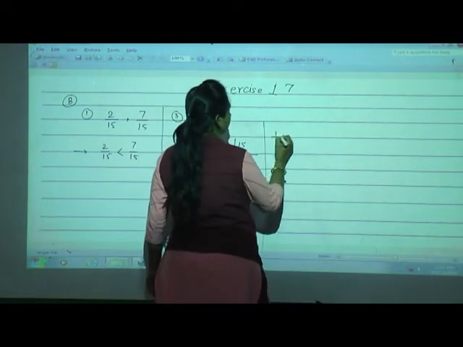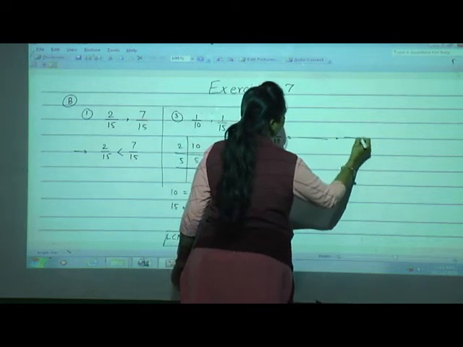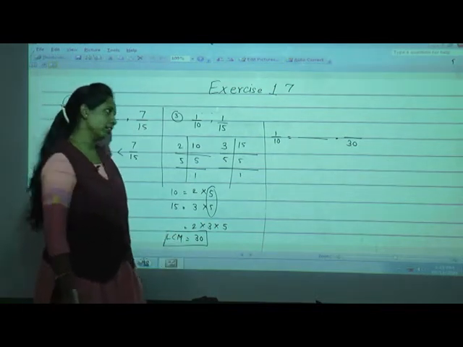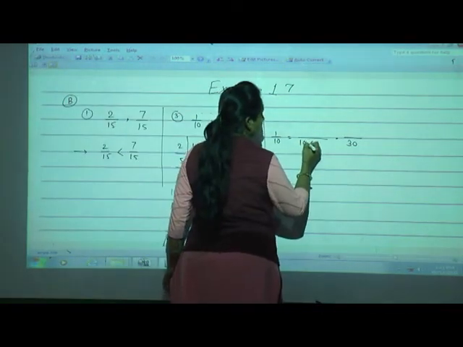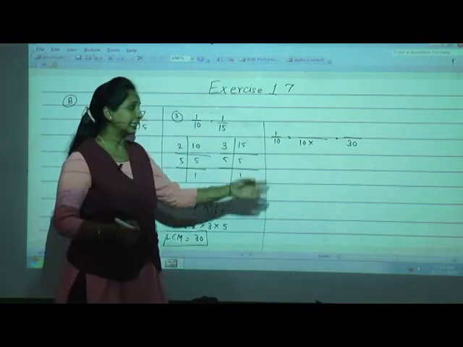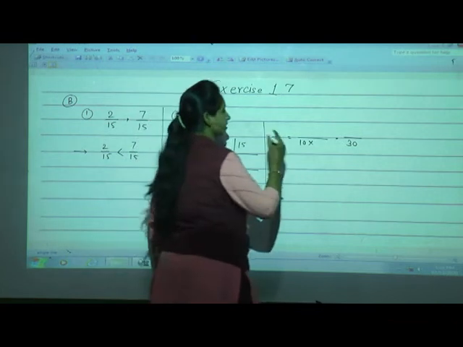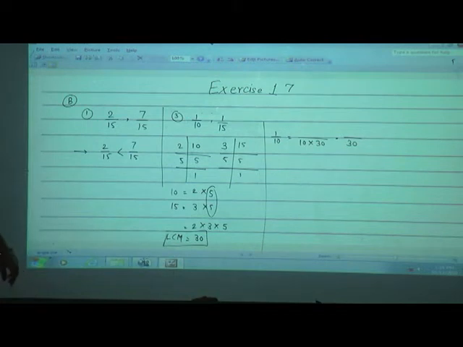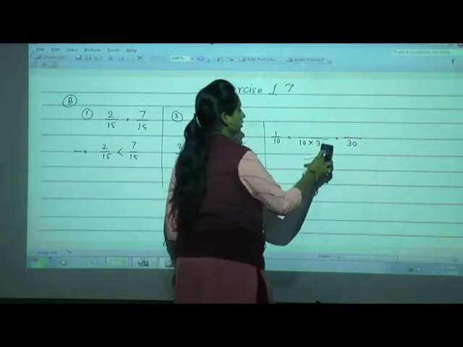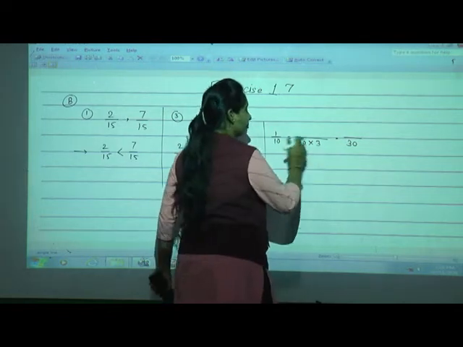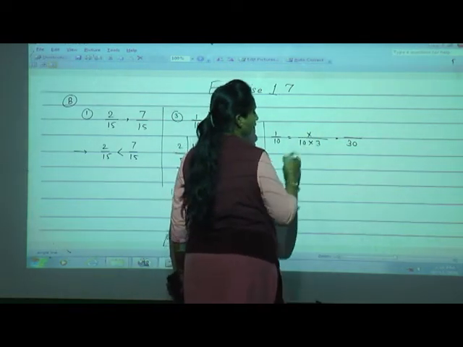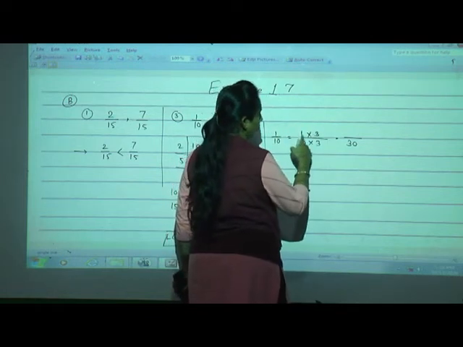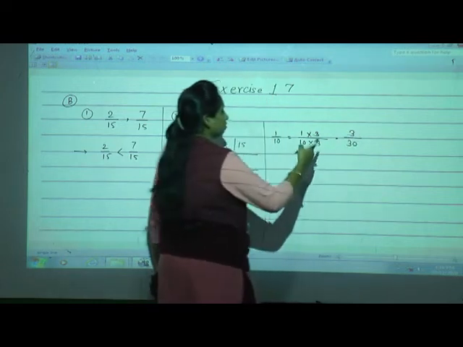Now 1 upon 10. So what should come in the place of the denominator? 30, because we found that the LCM is 30. So 10 multiplied by what do we get 30? 10 3s are 30. Sorry, I have written 30 by mistake; I was supposed to write 3 here. Okay. Whatever number we multiply here, the same number we have to multiply on top also. So write here 3 and 1 as it is. So 1 3s are 3. So this is the number.